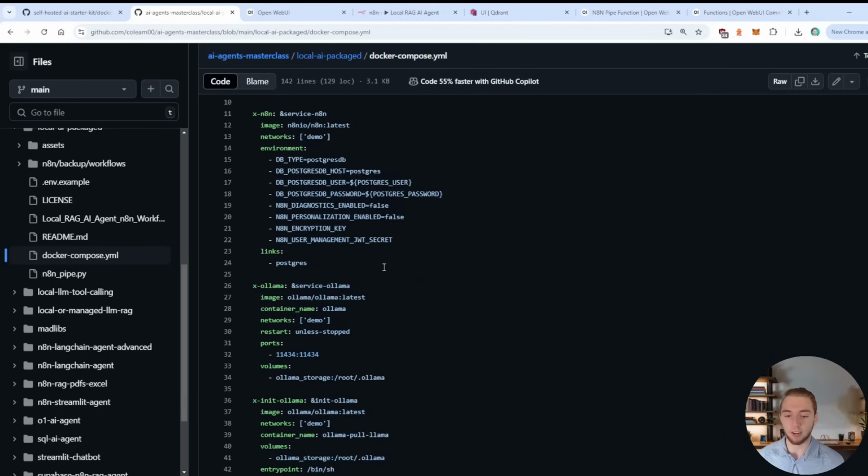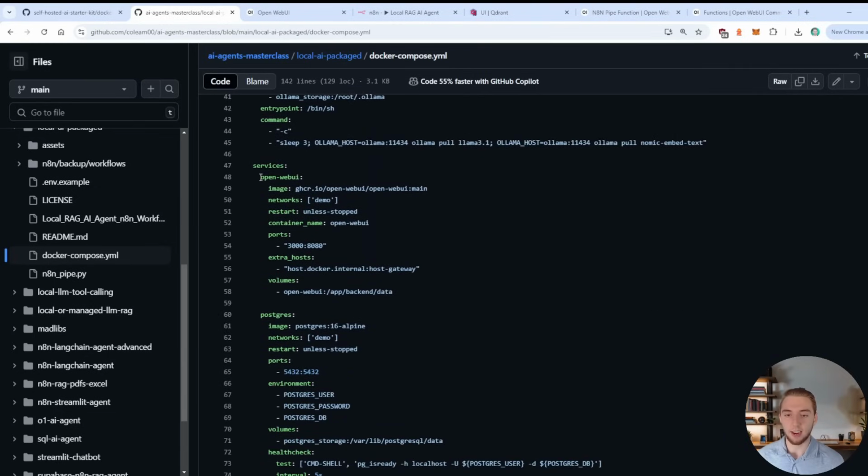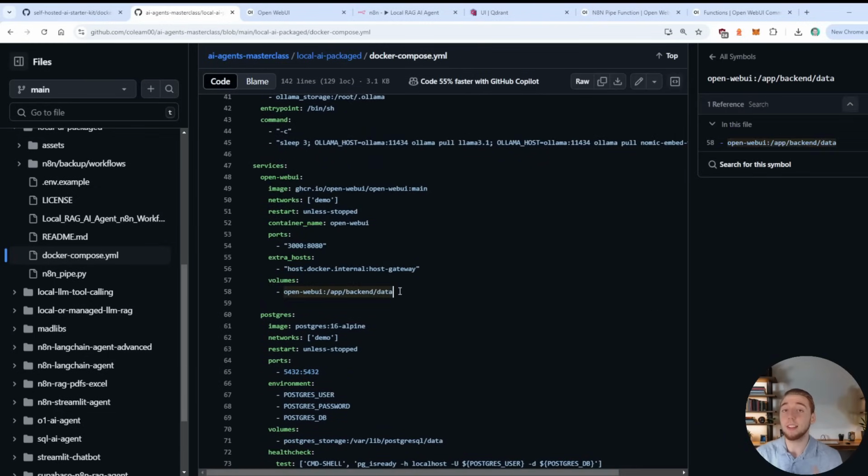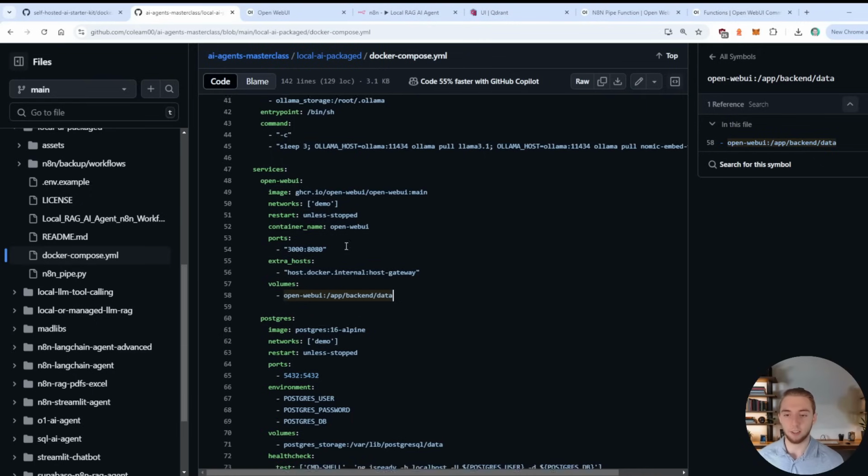But yeah, in this Docker Compose right here, all I had to do was add a section for Open WebUI. So I'm pulling this as the fifth container for all of my services, since it is the fifth thing that I'm adding into this starter kit essentially. And so